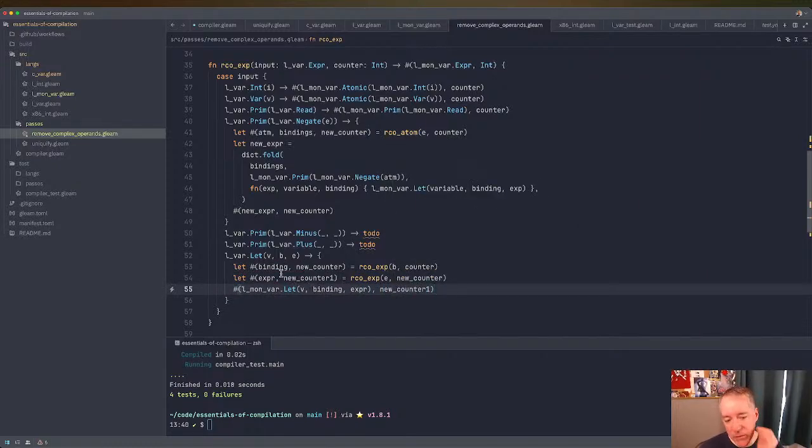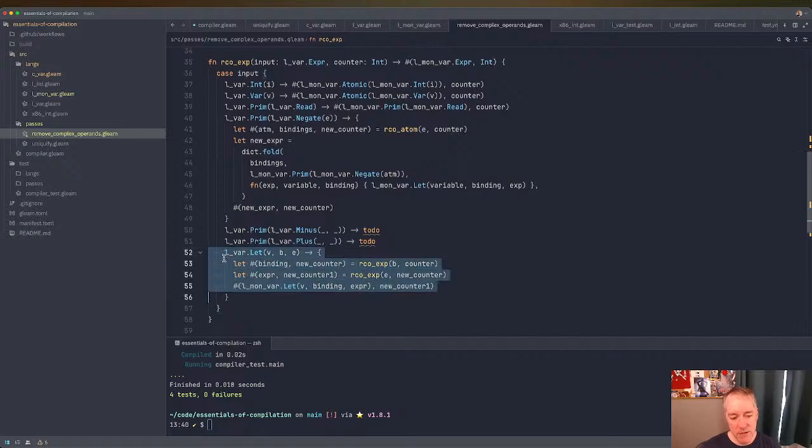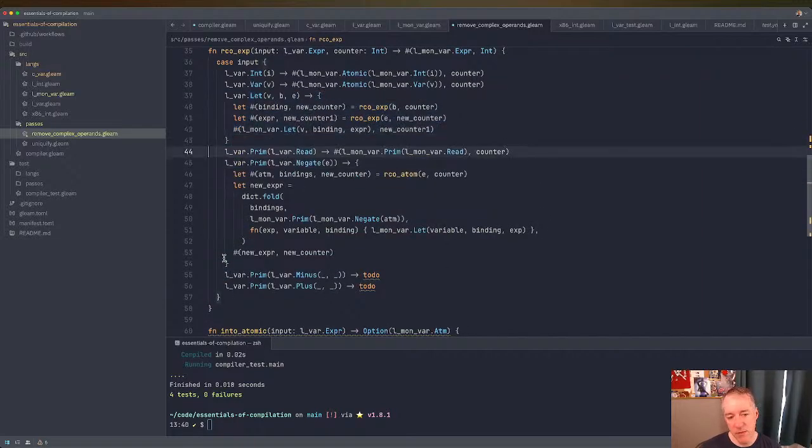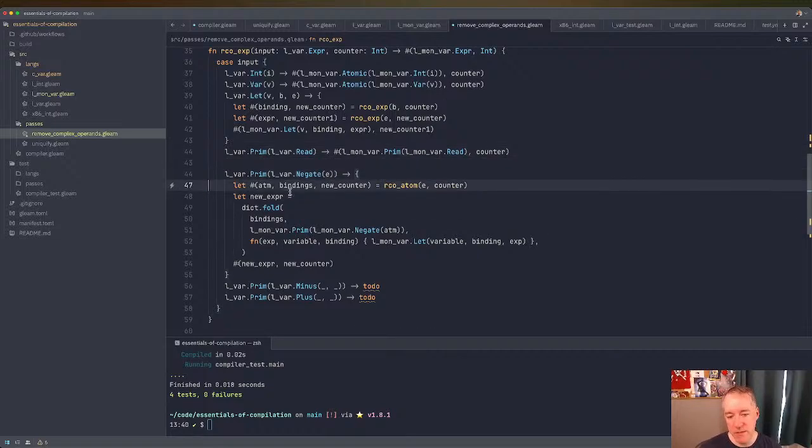So I should have done that earlier. This doesn't require any atomic expressions, so I'm going to move this whole block up above the primitive operations, because those are the ones that require atomic expressions, and we have to do this self-recursion with RCO atom. Okay, so now